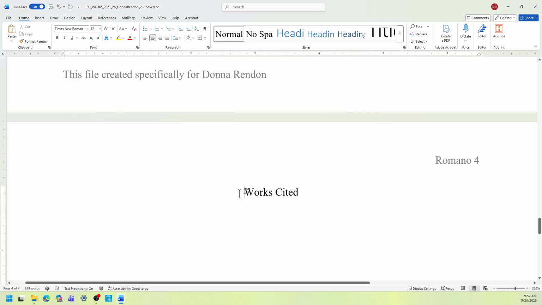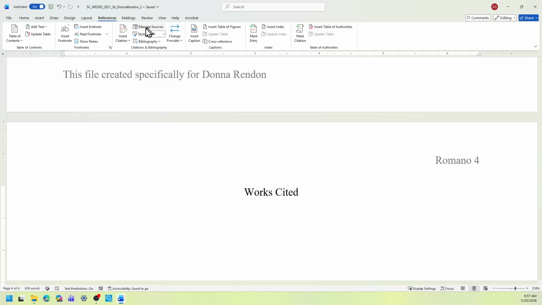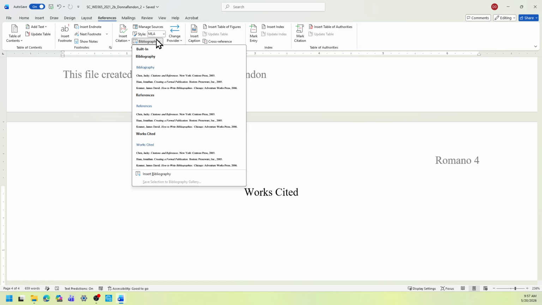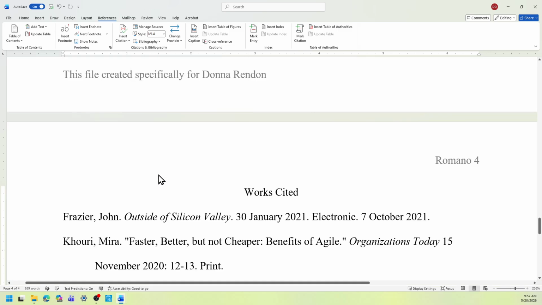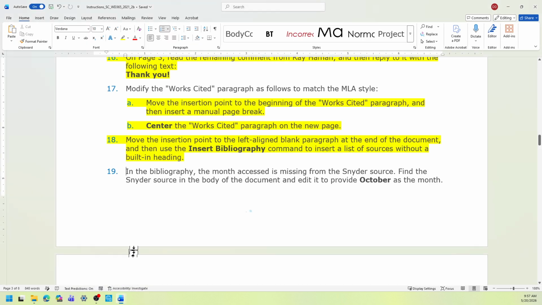To go to the next blank paragraph, I'm going to just select the down arrow on my keyboard, and it's in the left line. I'm going to select the References tab, and then under Citations and Bibliography, I'm going to select the Bibliography drop-down menu and select Insert Bibliography. So that's all for that step.